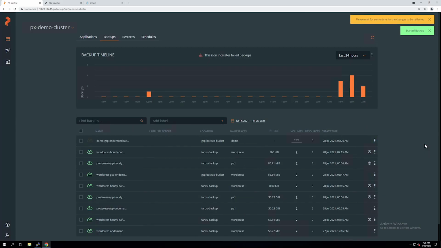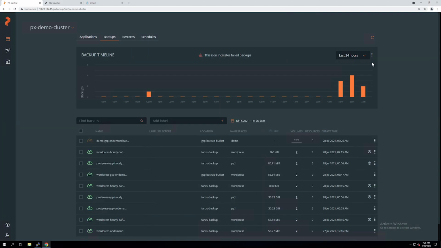So when we hit create, a backup job is initialized. It basically takes an application consistent snapshot of my entire application and stores all of that information into my Google Cloud Object Storage bucket that's running in a public cloud. It takes a few minutes, but again, we have sped things up to move forward to the restore scenario as well. As you can see, once the backup is successful, you will see that it backed up a config map, a deployment, persistent volume claims, and a couple of services. So my entire application is encapsulated in this single backup job.